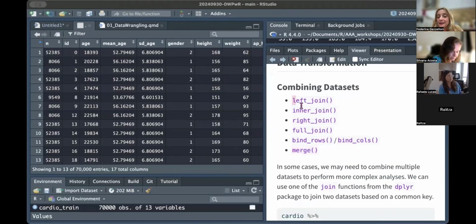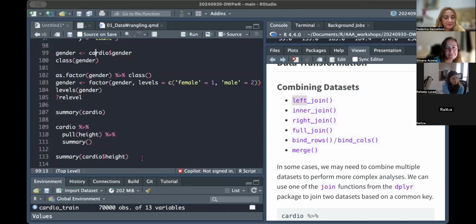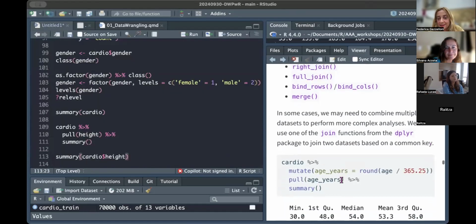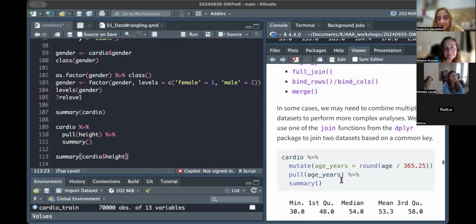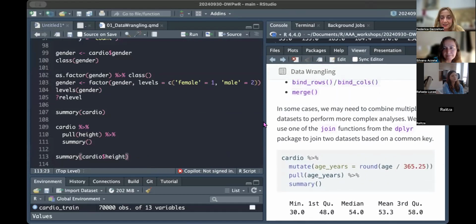But we have other options, such as the left, right, inner, and full join. There are many join functions. You can have a look at the documentation and you'll find them. So basically, to show you how to use these things,